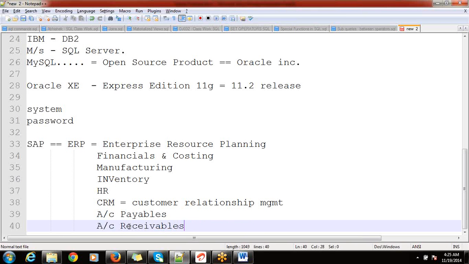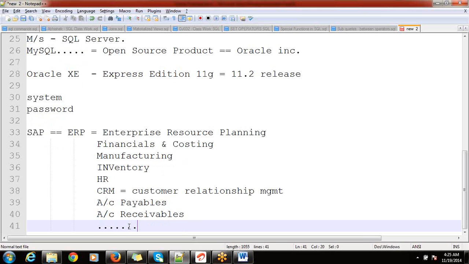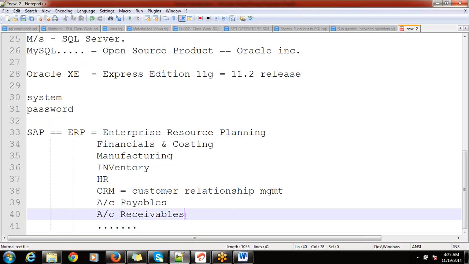So the amount that is paid by the organization to its suppliers, or the amount received from customers. So account payables, account receivables, and so on. These are various modules present in this ERP.